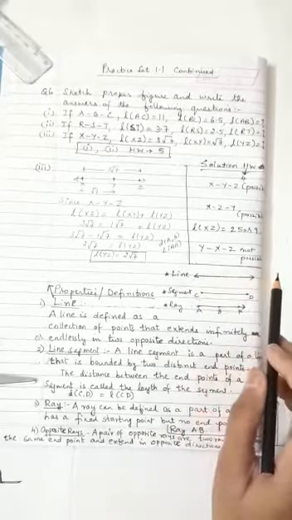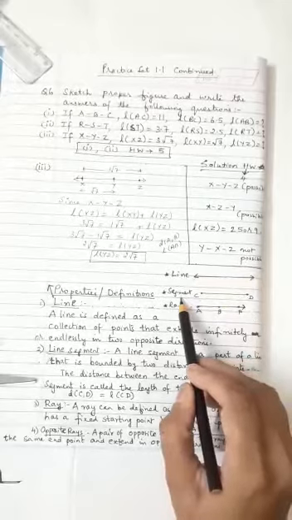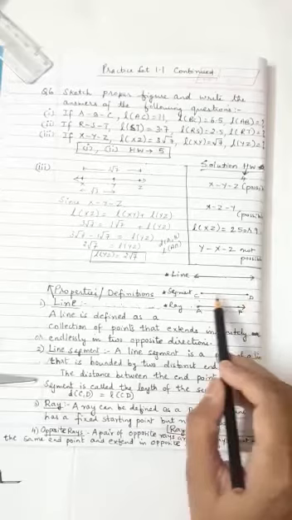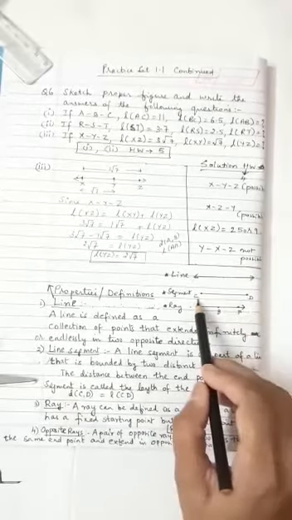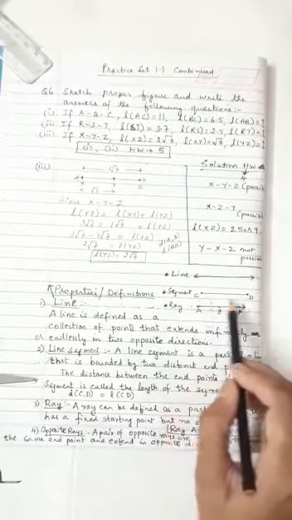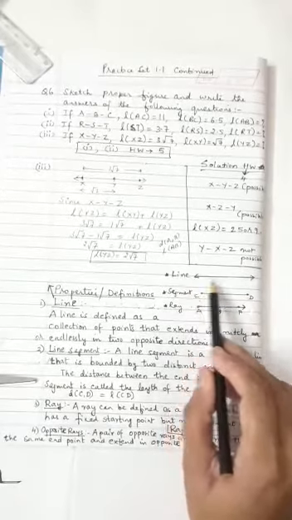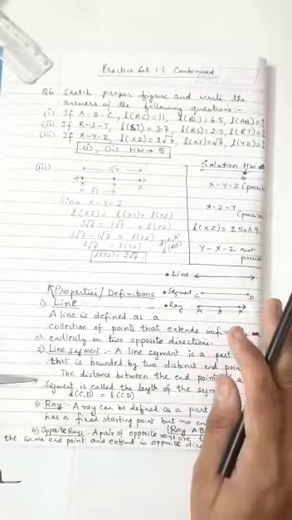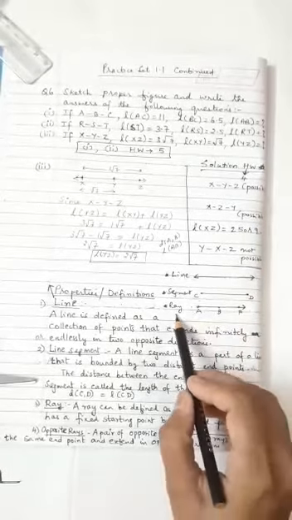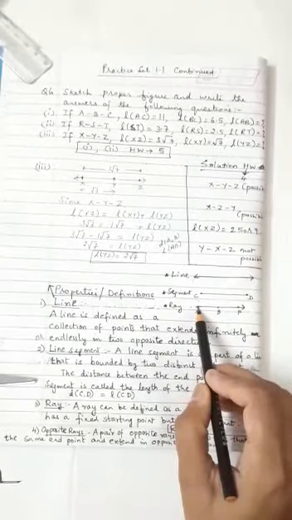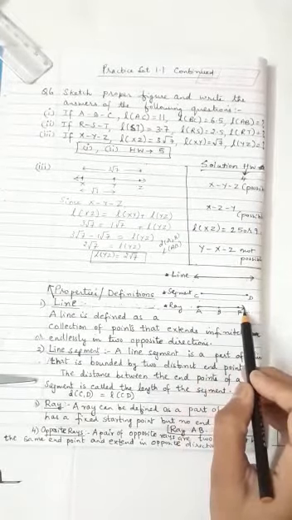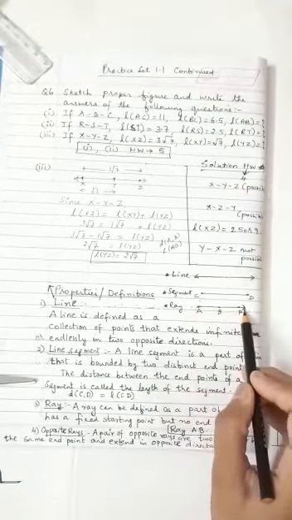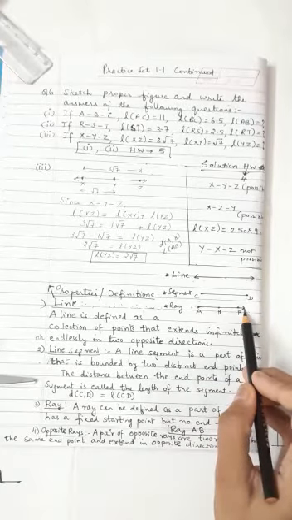Correct? Now when you look at segment, you can see we are making use of 2 points here, and the two end points are fixed. For a segment the two end points are fixed, whereas for a line the end points are not fixed. They move endlessly in the opposite direction. Now when you look at ray, we have one end as the fixed end and the other end as the endless end. The fixed end is shown by a point and the endless end is shown by an arrow.